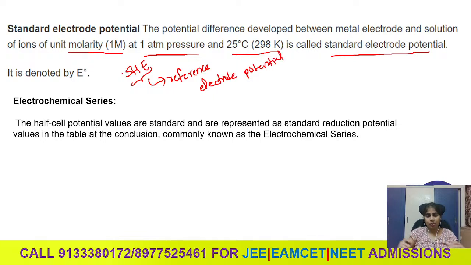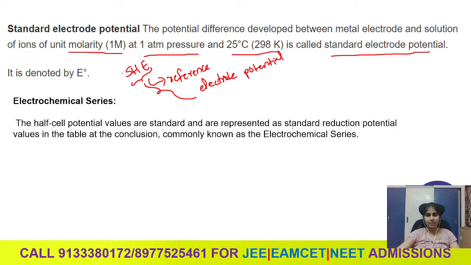It means for all the metals or for all the electrodes which we take, this is taken as the reference. Its value is taken as 0 and it is compared to all the different electrode potentials of the metals. From these electrode potentials, we have developed an electrochemical series, that is, the half cell potential values are